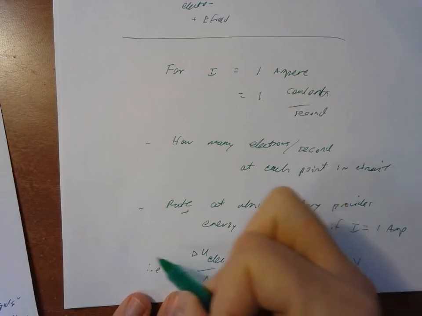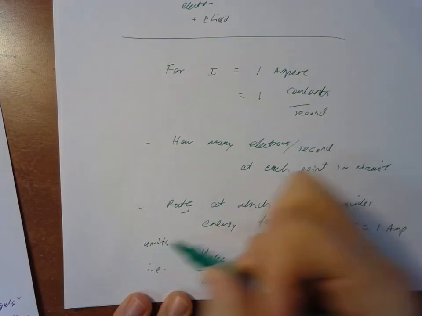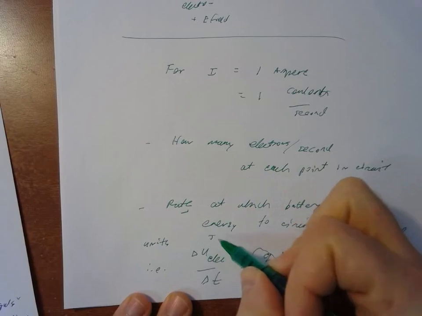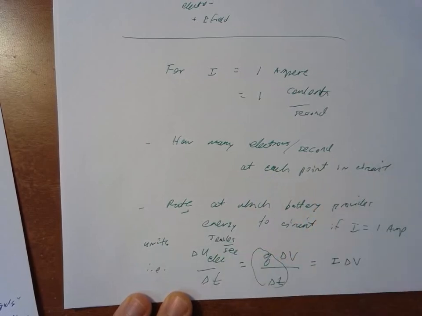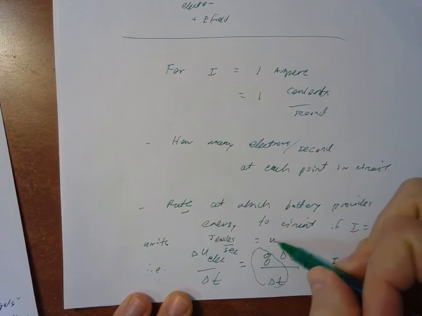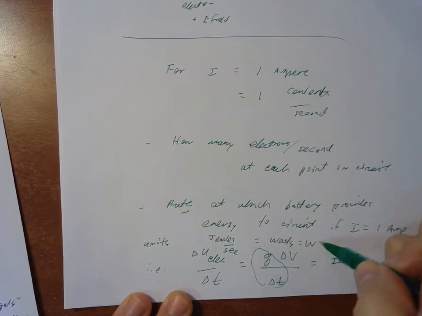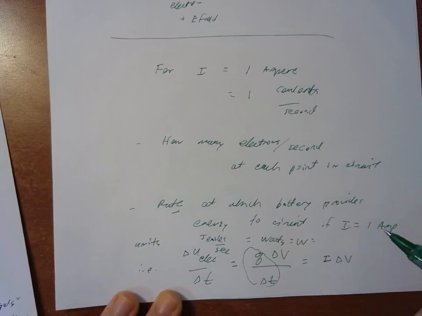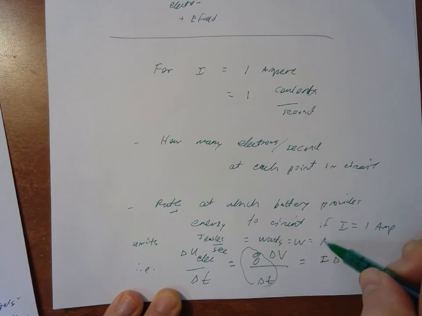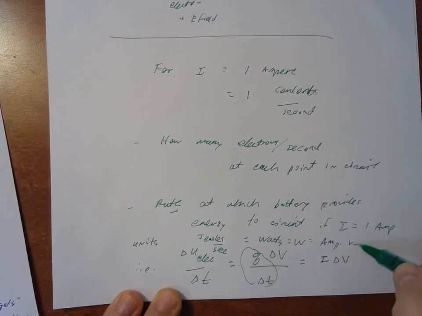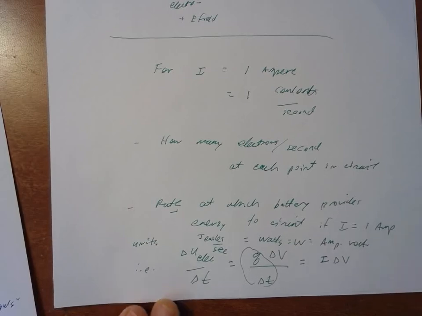The units here would be joules per second. And you can see, that's also called a watt, which is capital W. And in electrical problems, a watt must have the same units as current times voltage difference. So a watt is an amp times a volt. Okay, so that's your assignment for